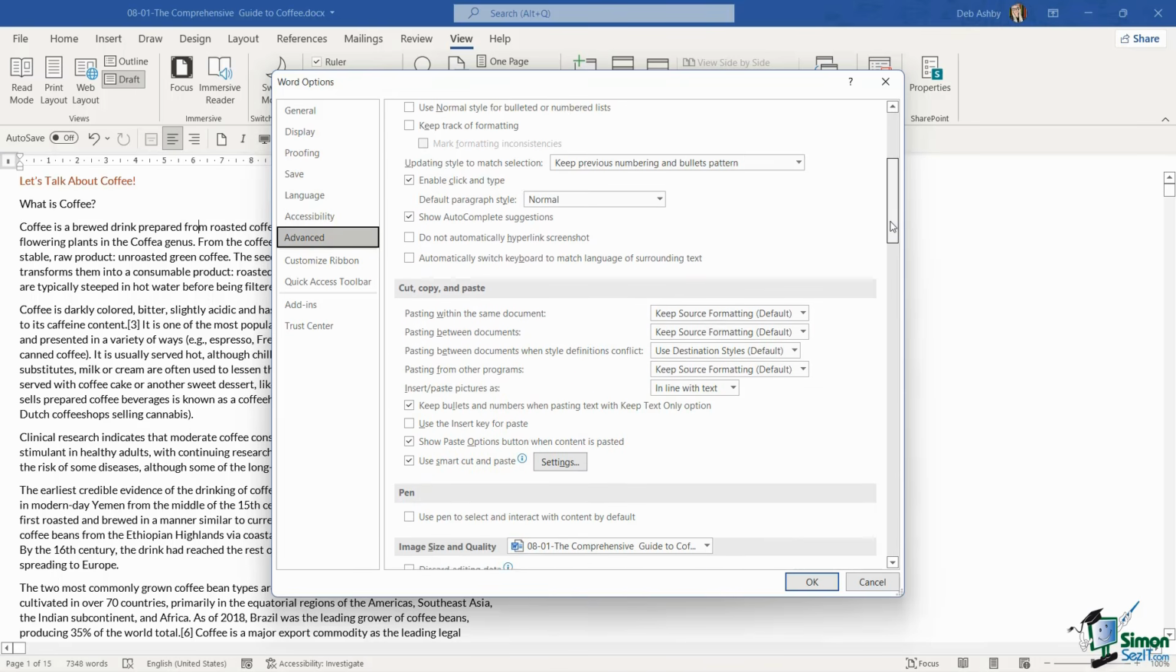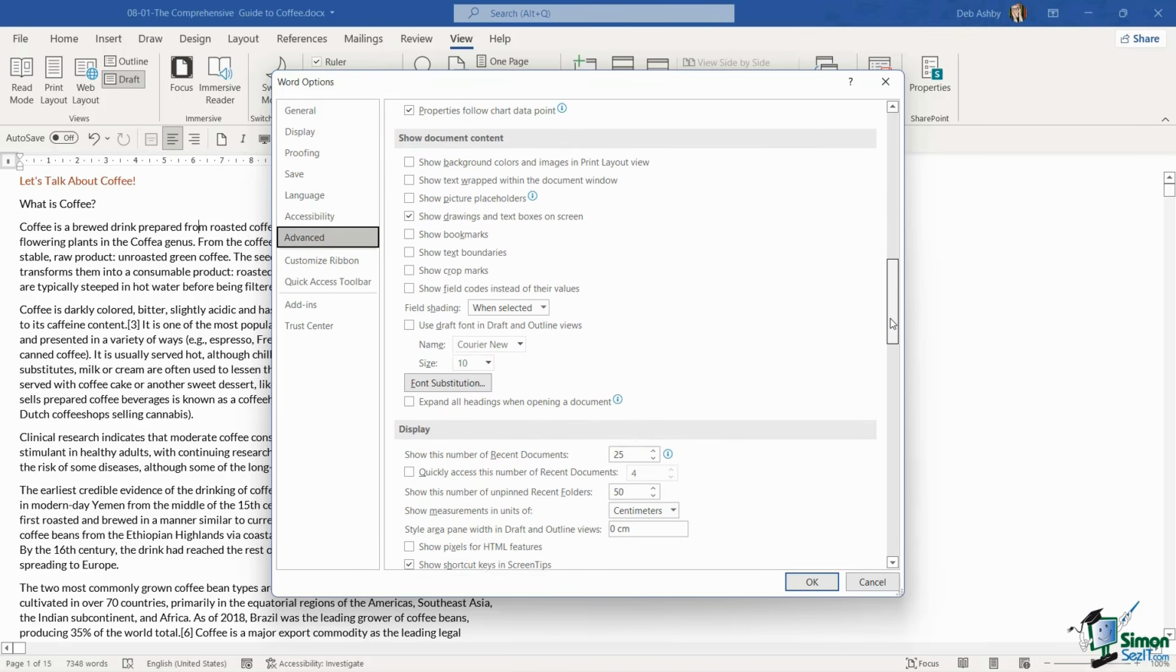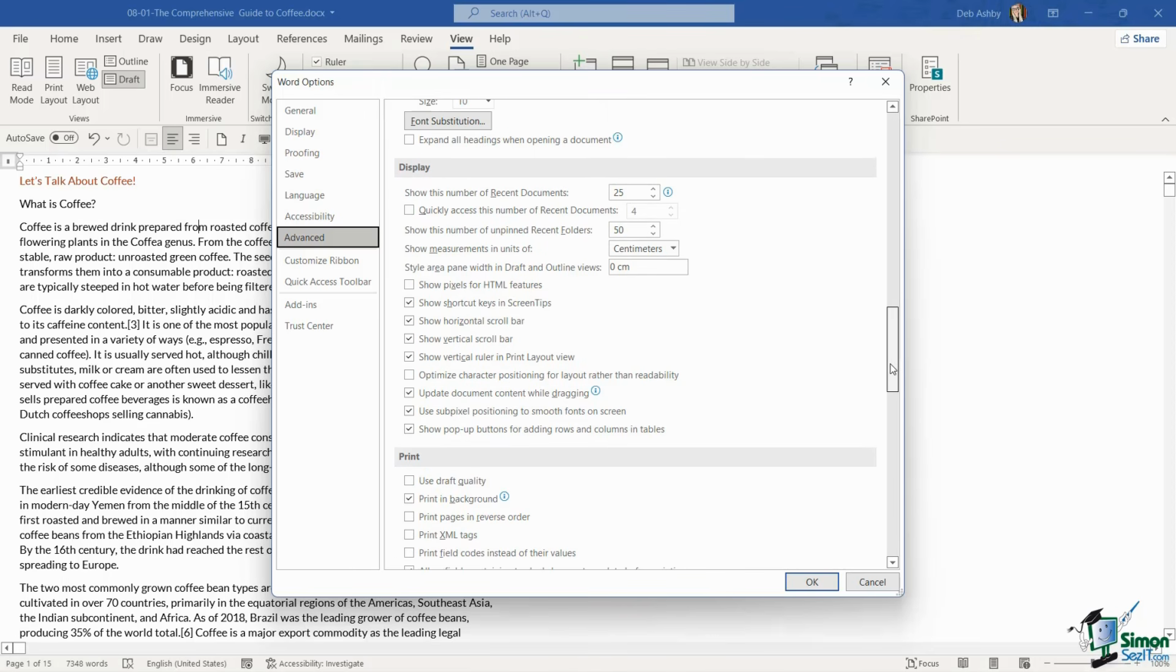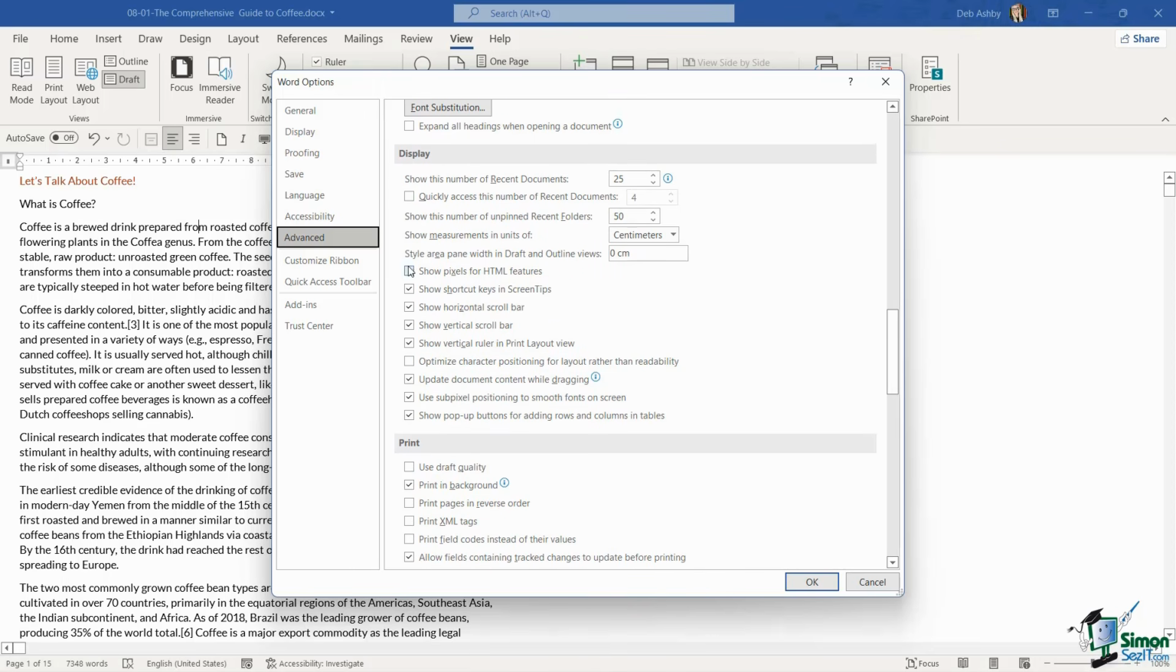Now if we scroll all the way down, I think this is underneath Display. Yes, there it is. Style Area Pane Width in Draft and Outline Views. Now currently, this pane is set to 0 centimeters, which is why we can't see it. So what I'm going to do here is say that I want a 2 centimeter style area pane and click on